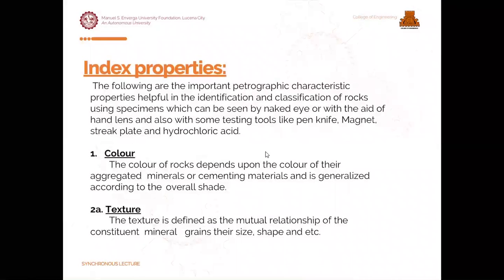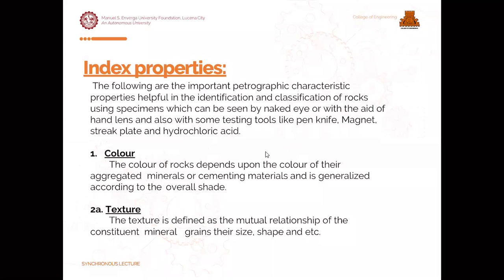Okay? So, these are the different index properties that geologists use to characterize our igneous rocks. These are important petrographic characteristics which are helpful in identifying and classifying rocks by using specimens which can be seen by the naked eye or with the aid of a hand lens, and also with some testing tools like penknife, magnet, strike plate, and hydrochloric acid. Okay? So the first index